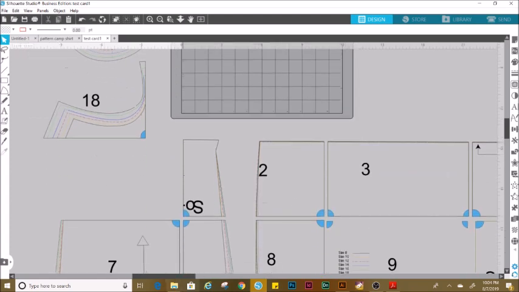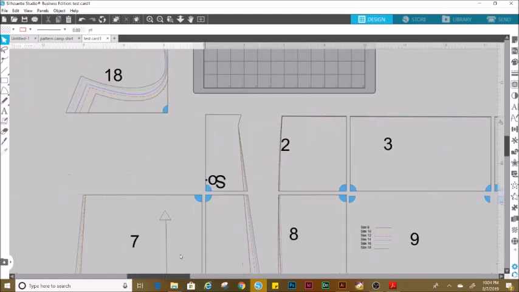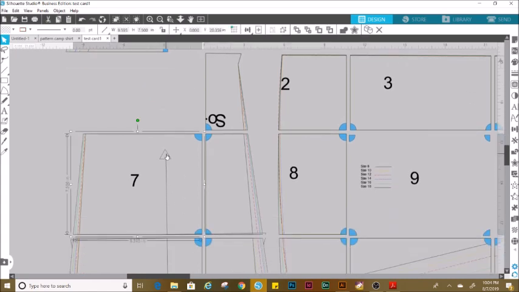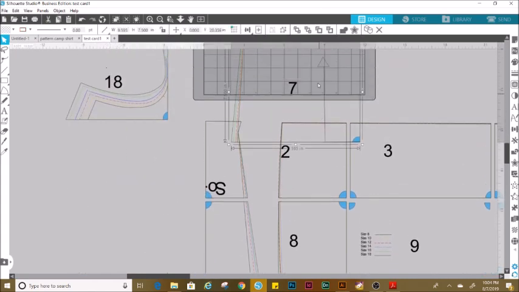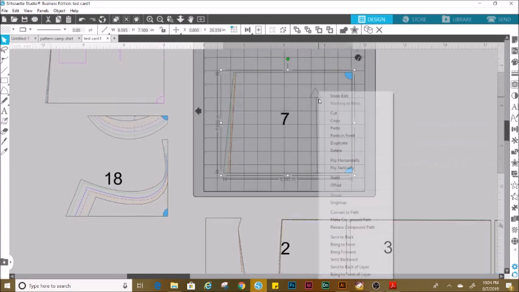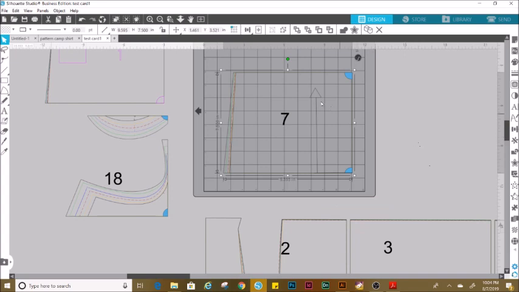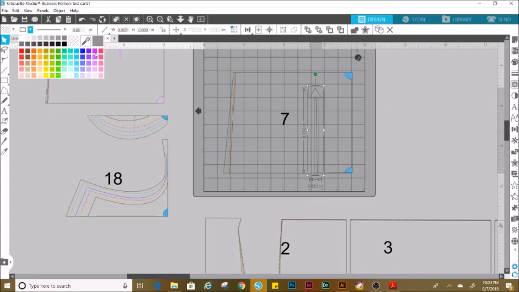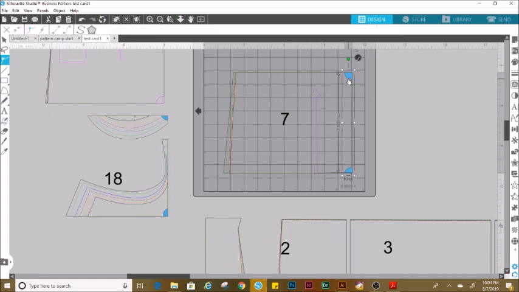Let me see, for instance, this one right here has this line and it has the grain line. You would just ungroup it two times for this pattern anyway. This right here, ungroup it again, and this little part right here you would change to the purple for it to sketch. This as well,